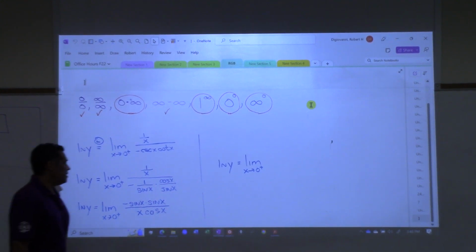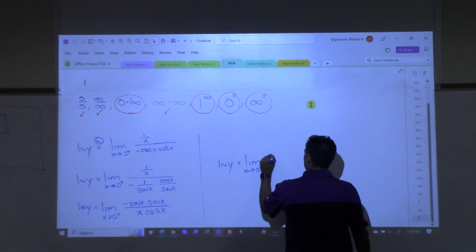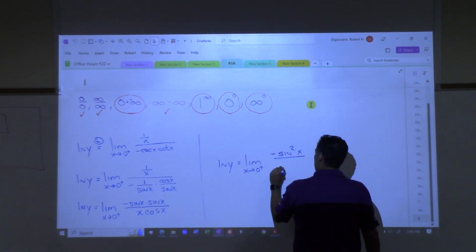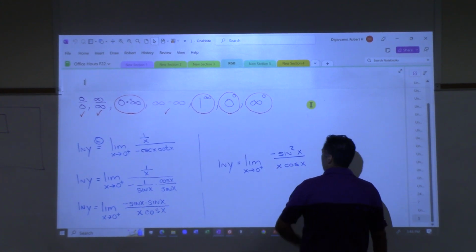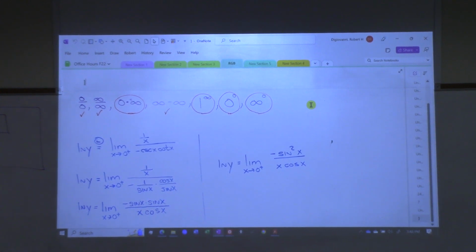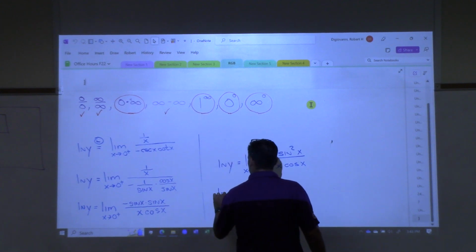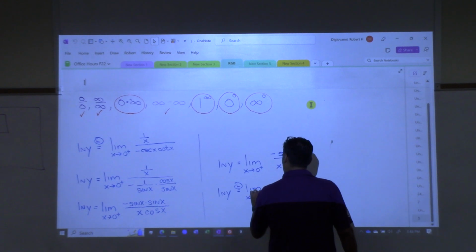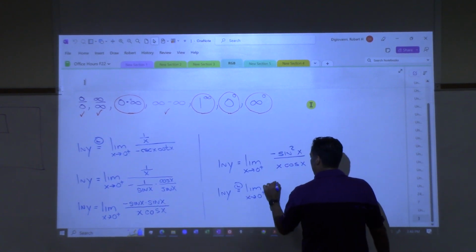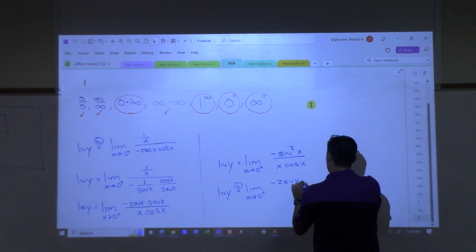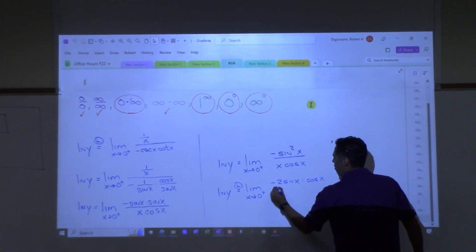All right, I'm going to rewrite this. Again, notice I'm bringing that natural log with me. I went ahead and made that a negative sine squared on top. Now I'm going to do L'Hopital, right? I got to do derivative on top and bottom now. We're getting close, okay? We're almost here. L'Hopital, limit, x goes to 0 from the right. On the top I use chain rule: negative 2 sine x times cosine x, all over